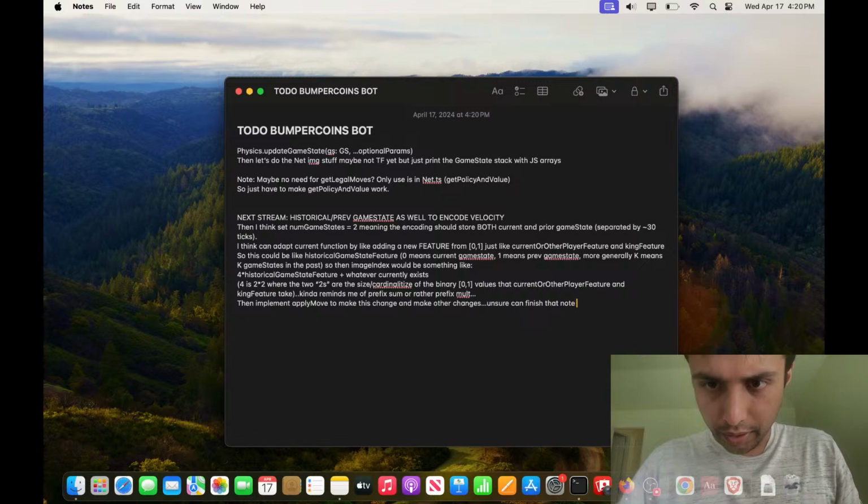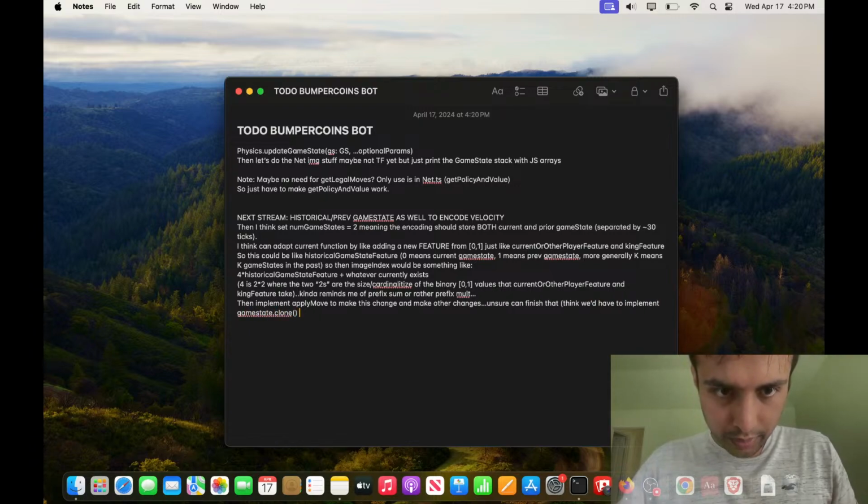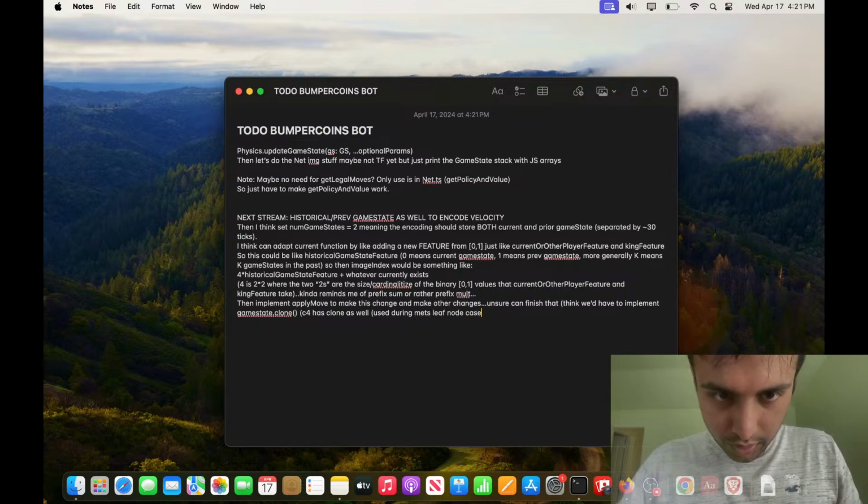That's all for now. And note, I think we'd have to implement game state dot clone, just like in C4. I know C4 has clone as well, used during the MCTS, in a leaf node case. Close this bracket, then close this bracket. Actually, no, we could implement clone to